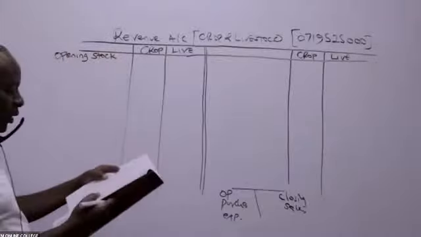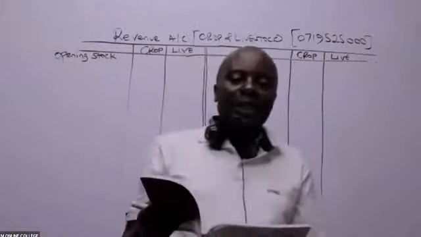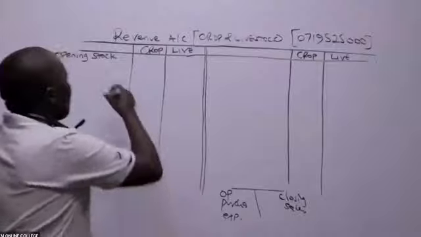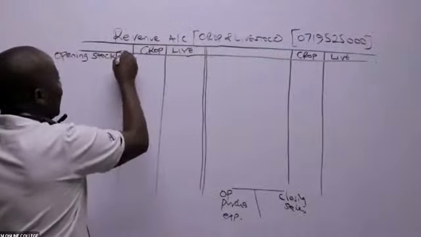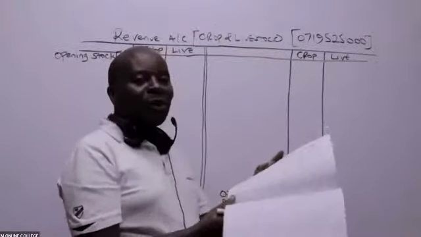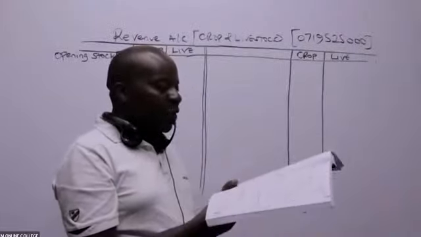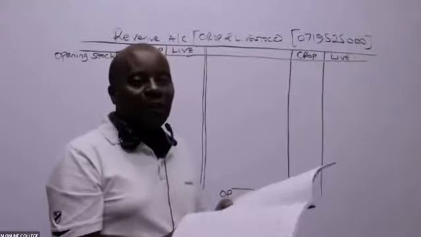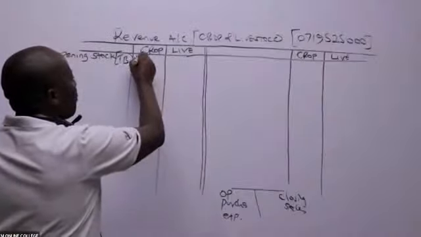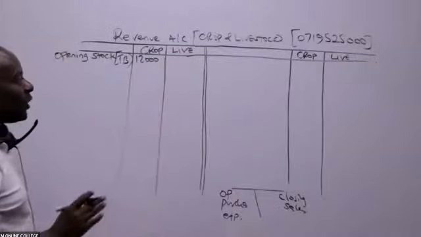Is there somebody who is able to see opening stock? Anybody who is able to see in that table? You can see inventories from the trial balance, the TB. Stocks and inventories are the same. You can see growing crops, seeds, and fertilizers, 12,000. Of course, that will go to the crops here, 12,000. Fertilizers can't come to the livestock.